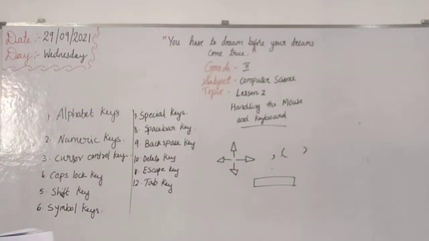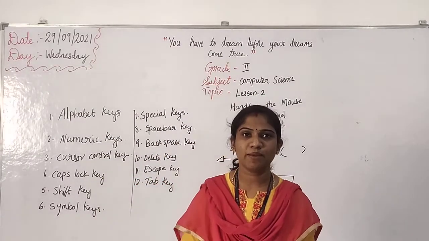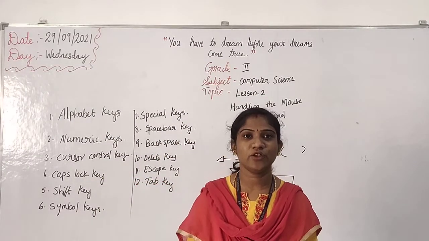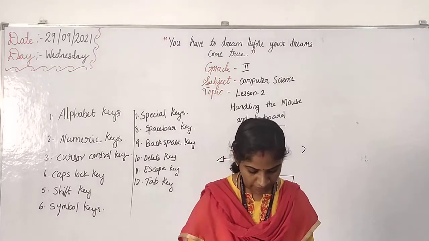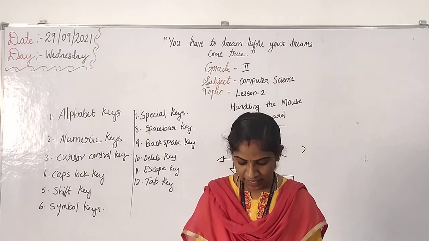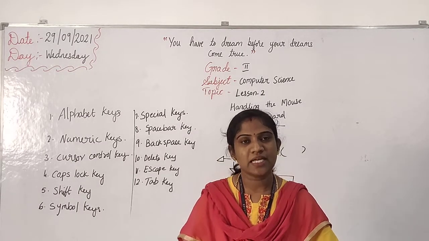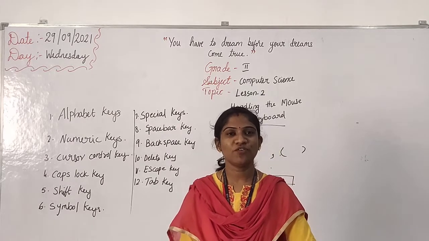I think today this much is enough. One page you should complete. Then read the lesson also. That is very important, children. You should read daily in your textbook. Your homework is page number 23, the lesson I gave today. Each and every child should complete it and send it in the group for correction before 8 p.m.